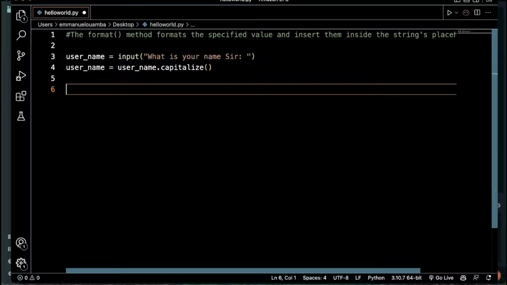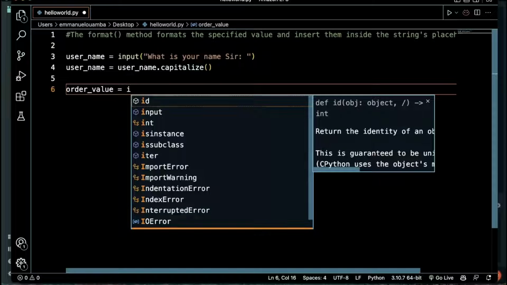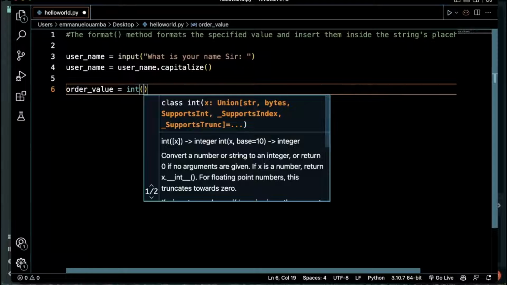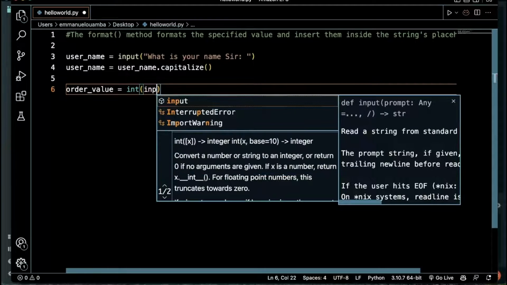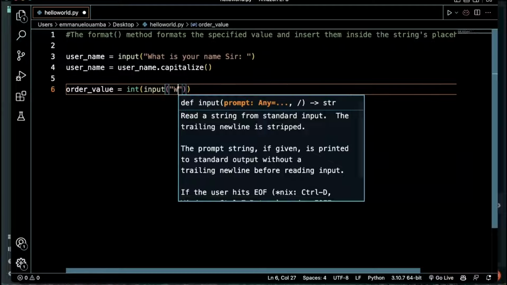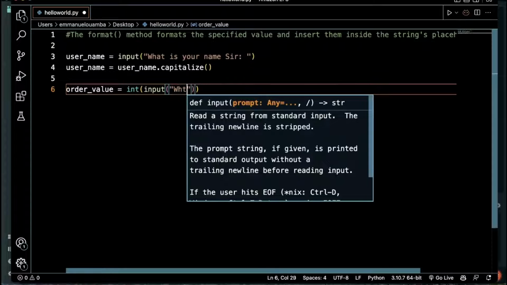Okay, so the second variable I will call order value. An integer. So we ask the user for the total value of the order is